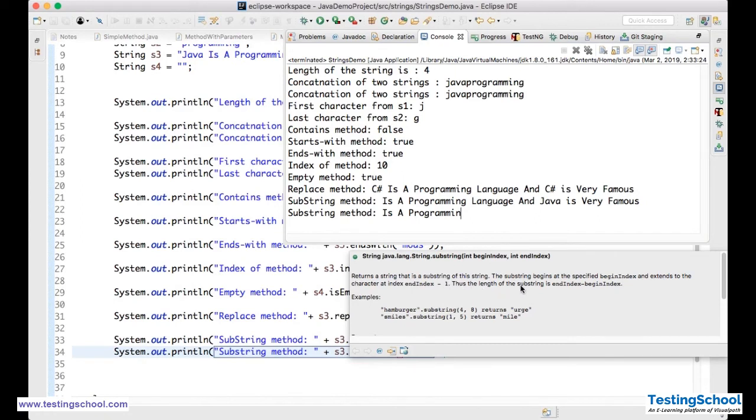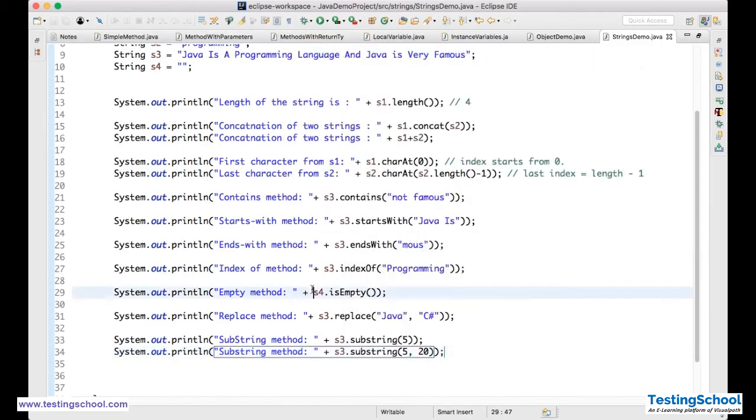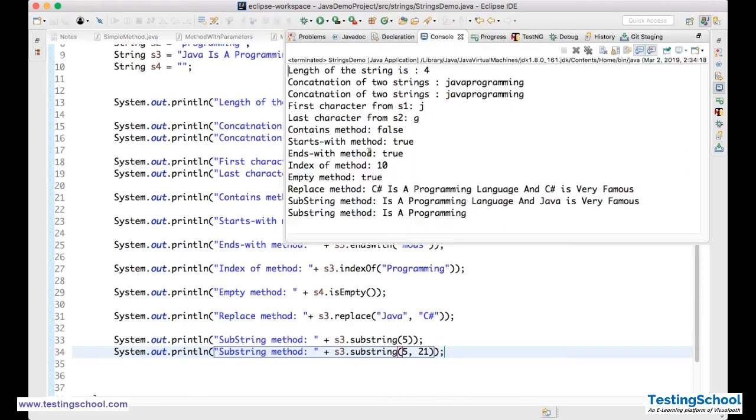Thus, the length of the substring is end index minus begin index. So, that is the reason if I want till G, you need to give 1 extra. I need to give till 21. When I say 21, see now I am getting "is a programming". Now it will take 5 to 20. This is called substring.